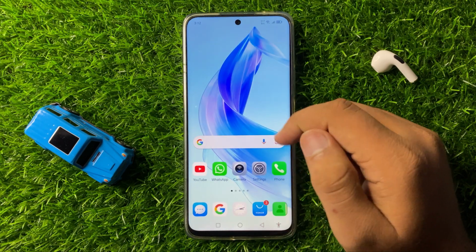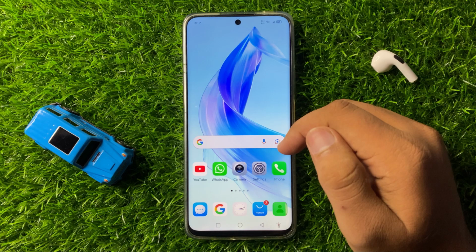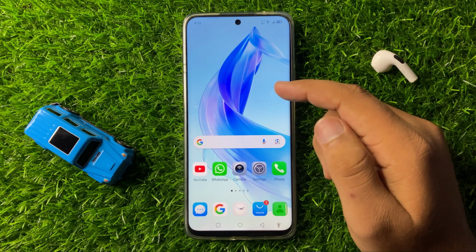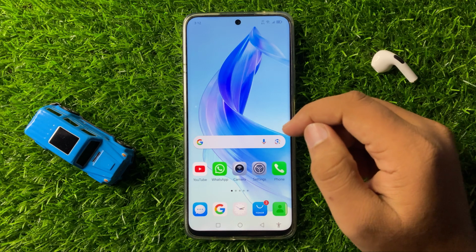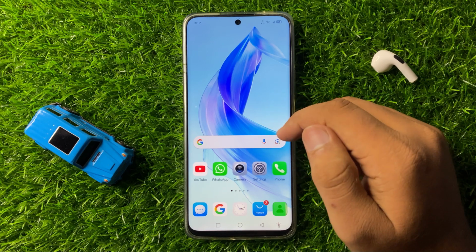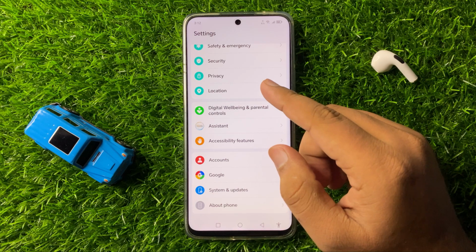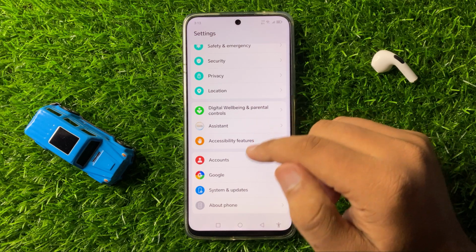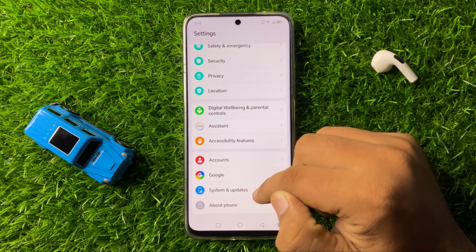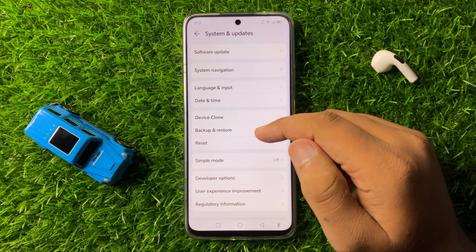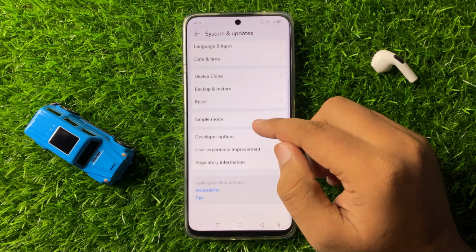But if you are still facing the issue while receiving notification sound, then the last solution is try updating your mobile's software. So to update mobile software, open settings, scroll down to the end and click on system and updates, and then in system and updates click on